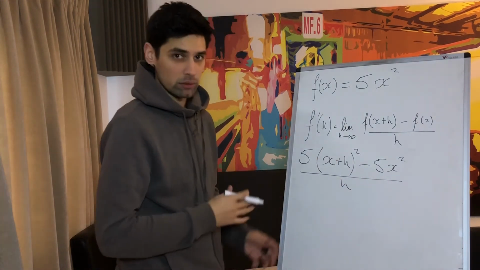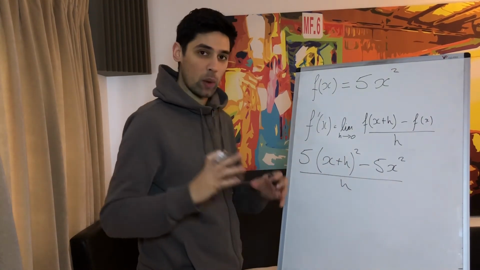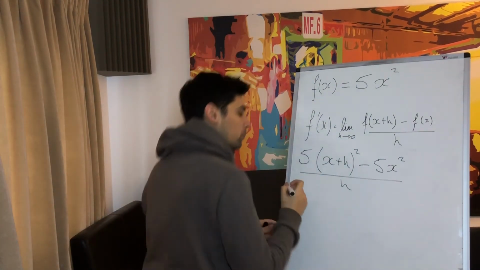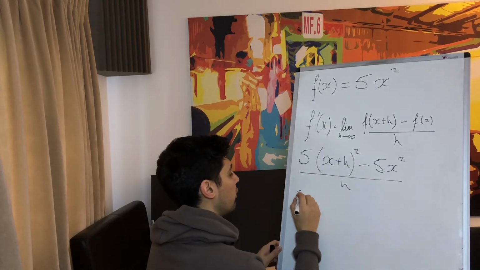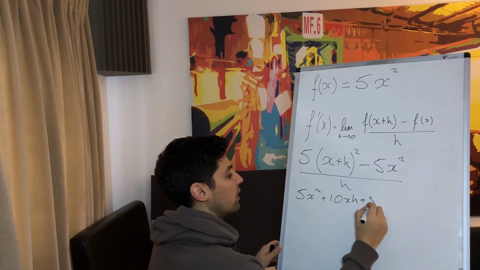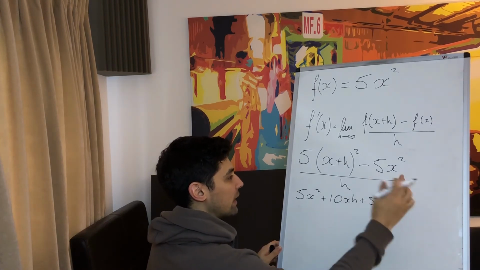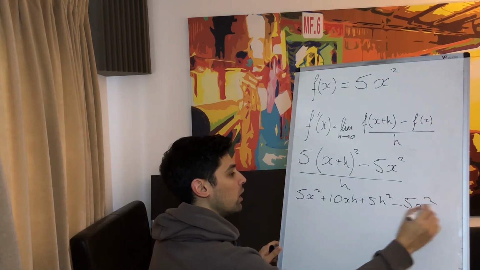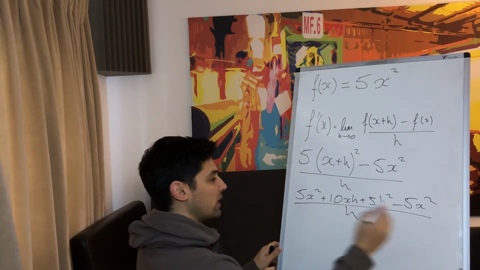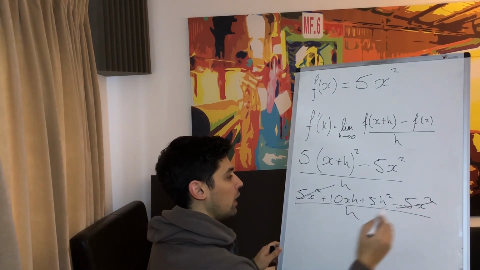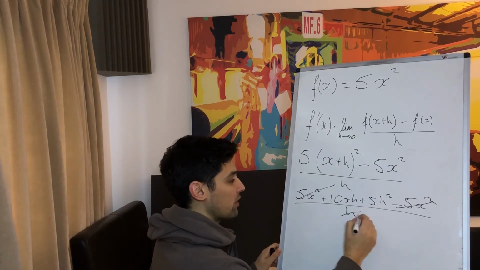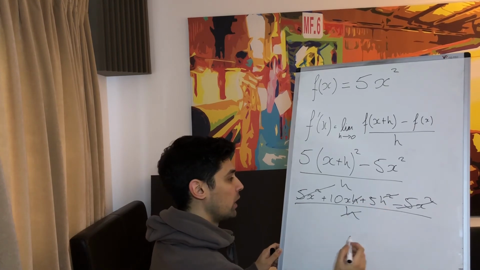I'm going to skip a couple of steps and jump ahead, but whenever we have a bracket squared, you're going to want to write it out next to itself and then do the full expansion. But let me just say it's going to be 5x squared plus 10xh plus 5h squared, and then minus 5x squared over h. Now, the 5x squareds cancel out, and we can divide through by h, because every individual term contains an h. So we can get rid of those. So we're now left with